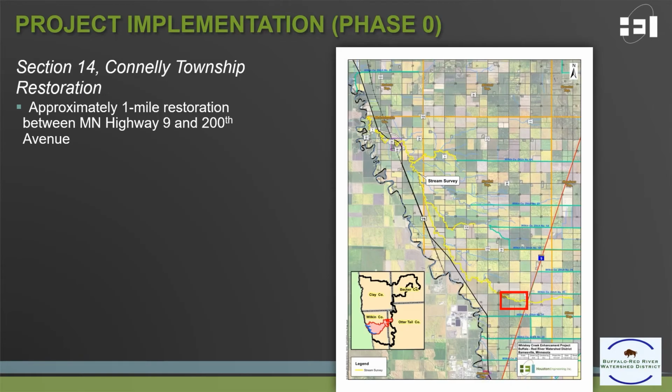The other part of phase 0 that was completed was a pilot program to give the landowners an idea of what this project will look like. In section 14 of Connolly Township, on the upstream part of Whiskey Creek, we completed a 1-mile restoration that reestablished the grade line and excavated pools at the outside bends to help improve the habitat, and really to give the landowners an in-person view of what we are proposing for this project and how it will